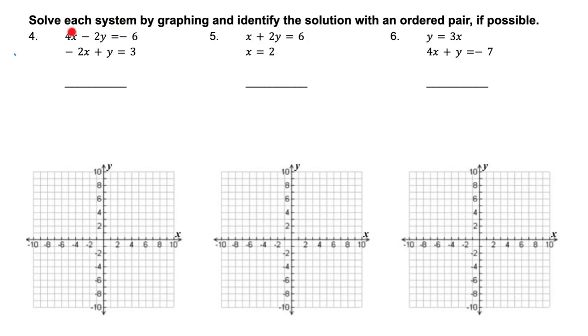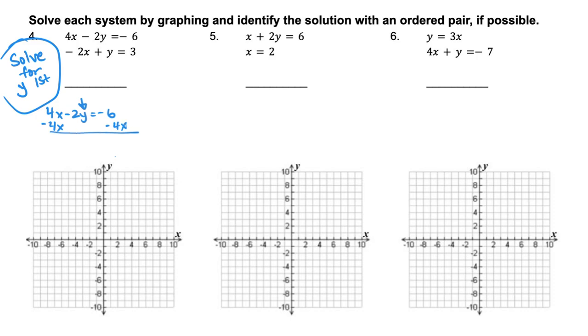What if you have a system of equations like we have here that are not in slope-intercept form? We are going to solve for y first. And so we'll have to use our algebra skills to get our y by itself. So I'm going to take that first equation, and I want to get this y by itself. So the first thing I'm going to do is subtract 4x from both sides to get this to cancel out. Now I have negative